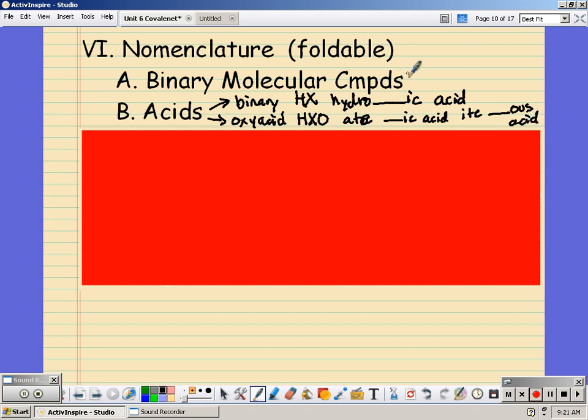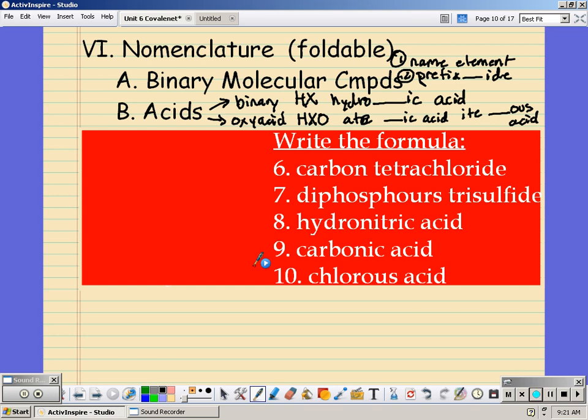For binary molecular compounds, you have two nonmetals, so you name the first element using a prefix only if there's a subscript, and then you would use a prefix, the root of the second element, and change the ending to ide. So if we were to look at these examples,